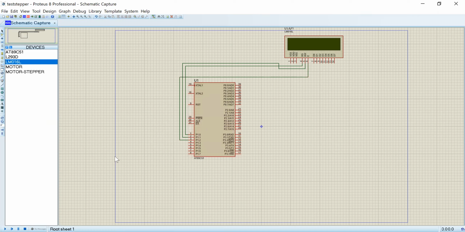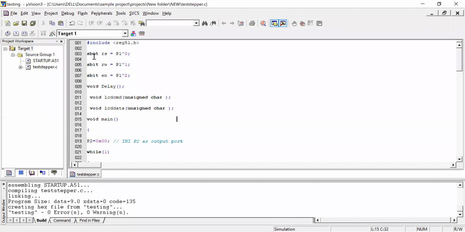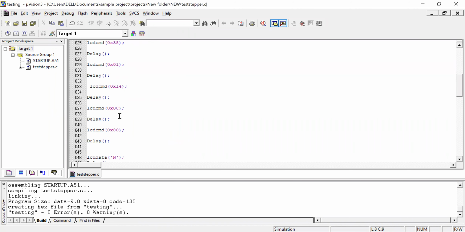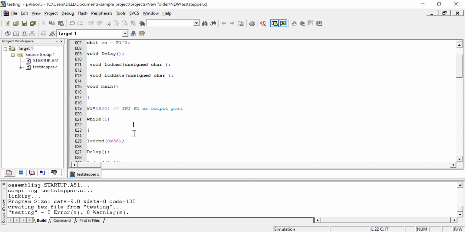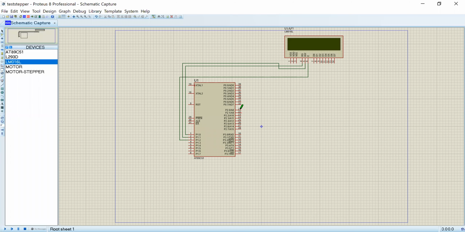If you want, we can get back to the software portion. See, P1.0 is connected to RS, P1.1 is connected to RW, P1.2 is connected to EN. Same thing I have connected. And here we are taking port 2 as the data line. This port 2 should be connected to the data lines of the LCD.